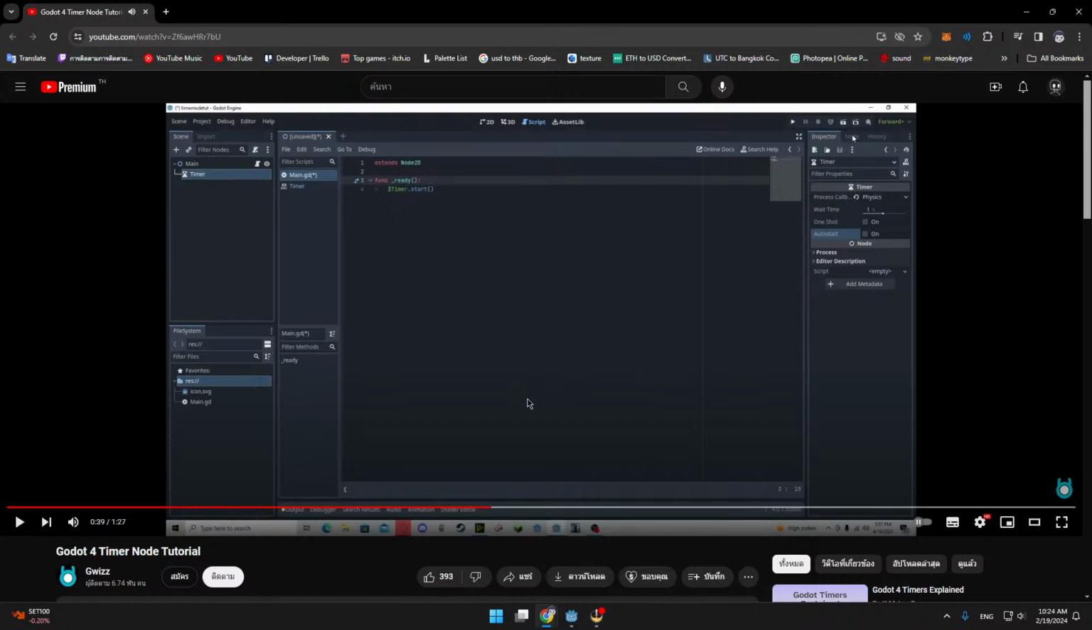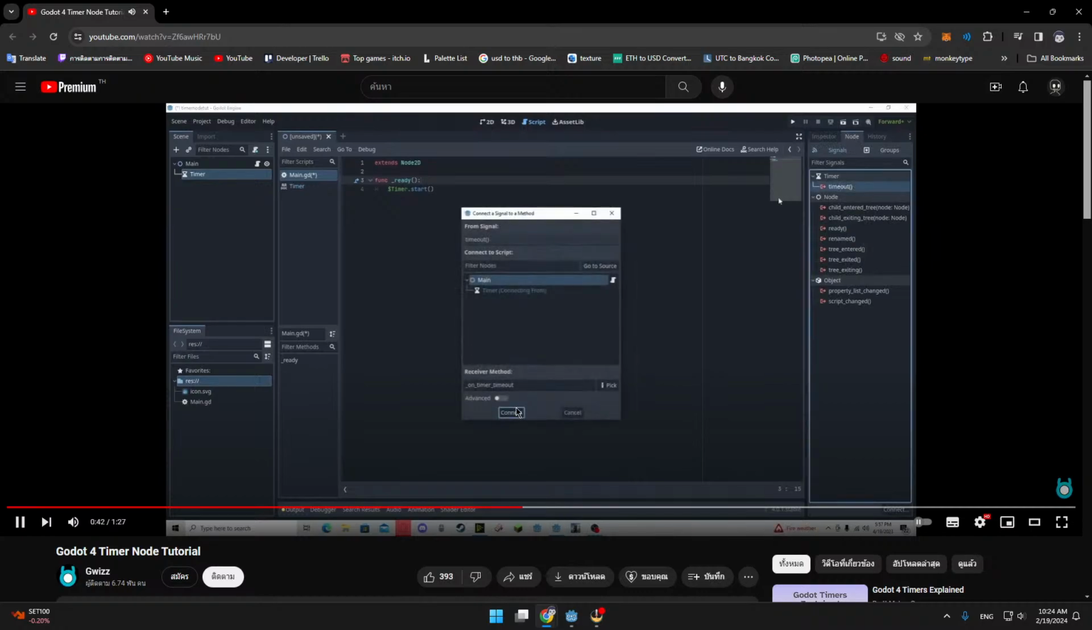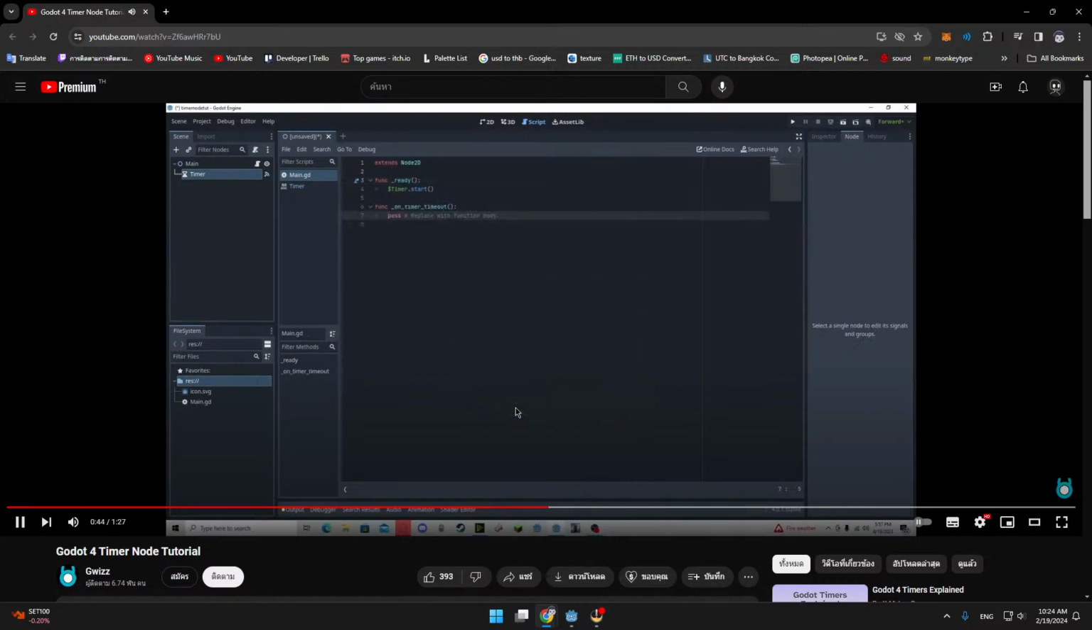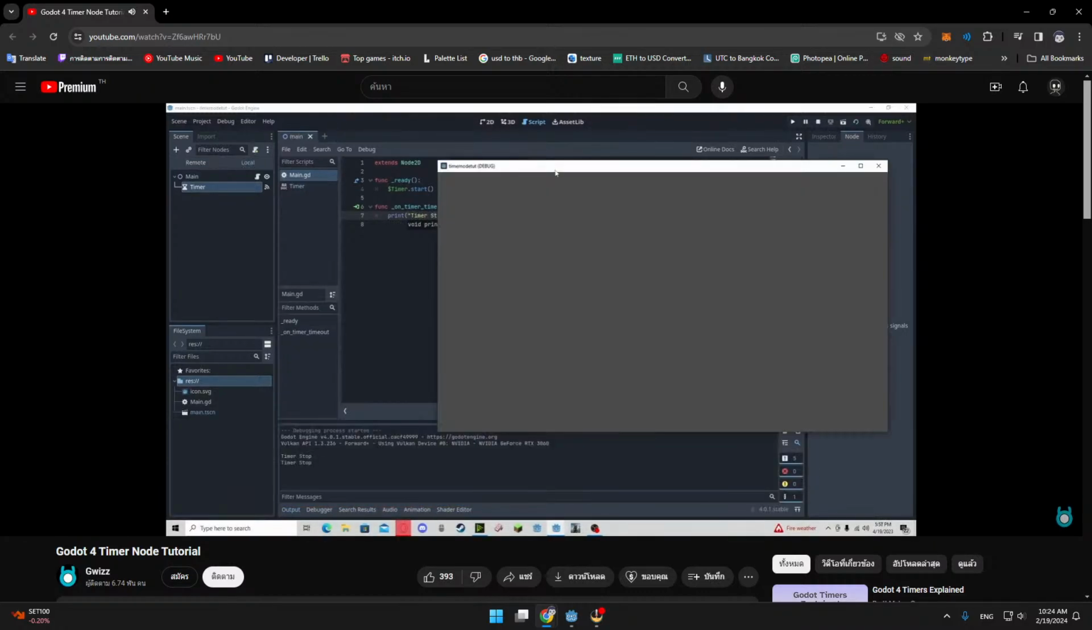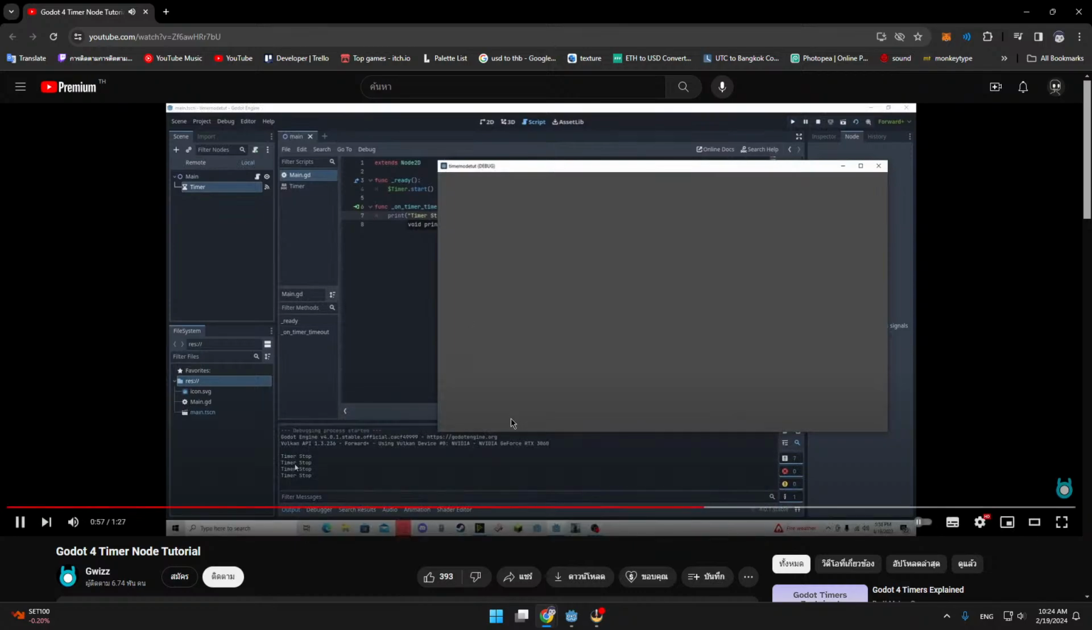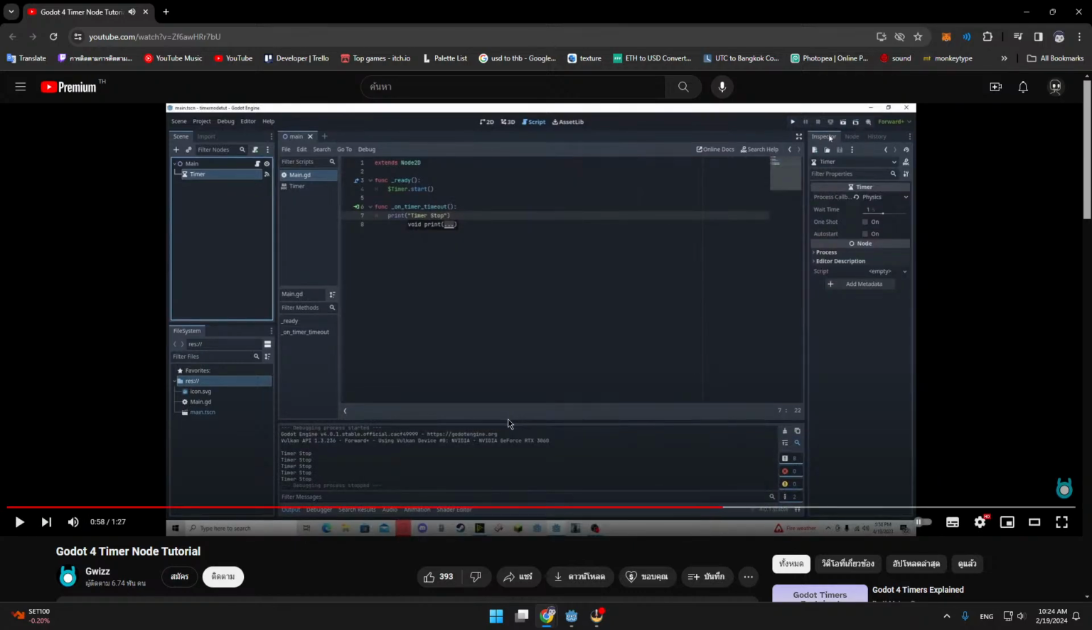Next, if we want to know when it stops, we just do timeout, connect it to your script, and we can run your code for when it stops. We press play, and if we wait 1 second, timer stopped. Now it is set